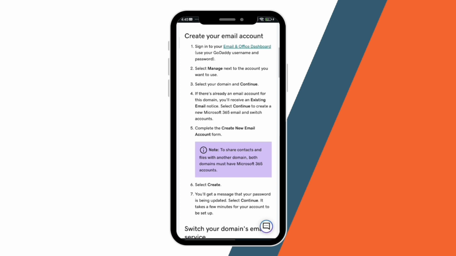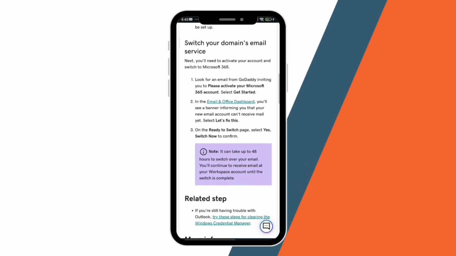Then once you're done, the next step that you want to do is switching your domain's email service. Next, you'll need to activate your account and switch to Microsoft 365. First is to look for an email from GoDaddy inviting you to please activate your Microsoft 365 account. Select Get Started. In the Email and Office dashboard, you'll see a banner informing you that your new email account